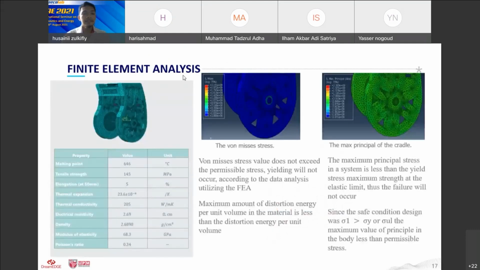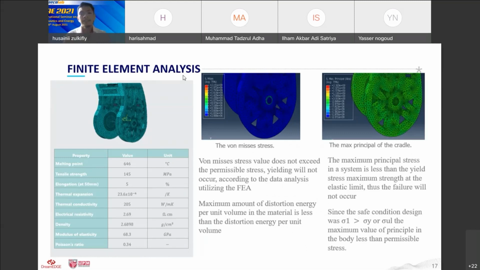Okay, as for the finite element, since this is a preliminary study and there are a lot of limitations, we decided to focus on a certain part and we concluded the meshing later on, because using our current laptop we cannot run the full analysis of the whole cradle. So this is the material properties that have been listed down for aluminium 1100, and we come out with the